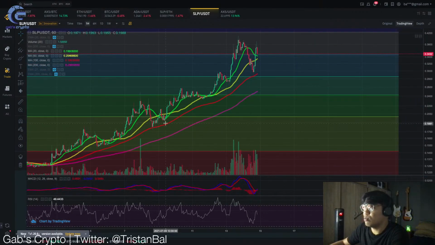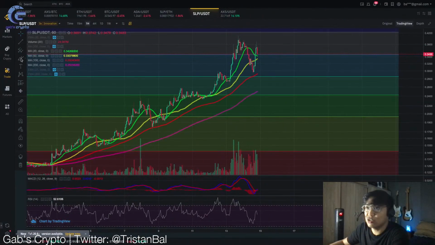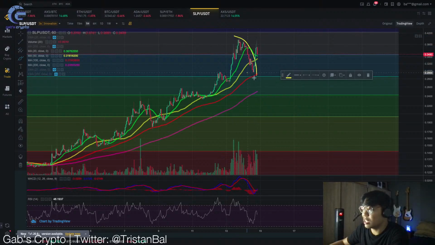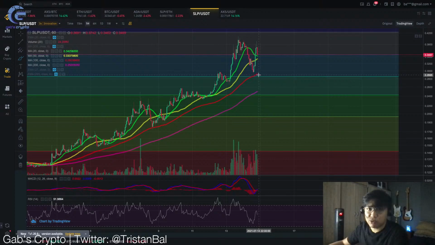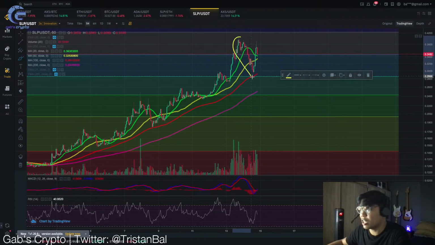Because of this overbought price action, ayan, sabi natin magkakaroon siya ng dump, and yes, nangyari nga siya, nagkaroon tayo ng dump, and we went down exactly to the 100 moving average. As what I've been telling you, regardless kung maganda ang platform, regardless kung maganda ang inyong project ng coin, at some point in time, if naging overbought siya, and the technical indicators are saying na it's time to go down, it will go down, guys. Huwag kayong masyadong maging dependent sa sinasabi ng mga news kasi the more na mas bullish ang news, doon mas more likely magkakaroon ng correction. And yun nga nangyari. So sobrang bullish ng news natin, nagkaroon tayo ng dump.